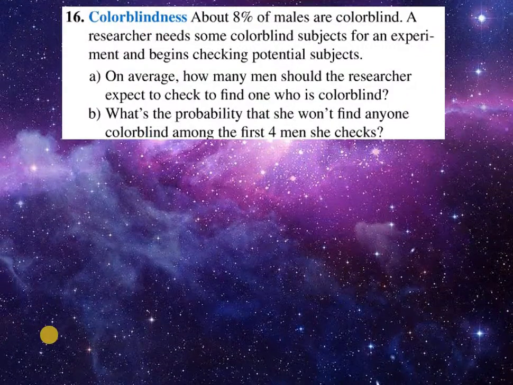Okay? I want you guys to do this problem, A and B both. So that's your P, right? No. So it's 1 minus